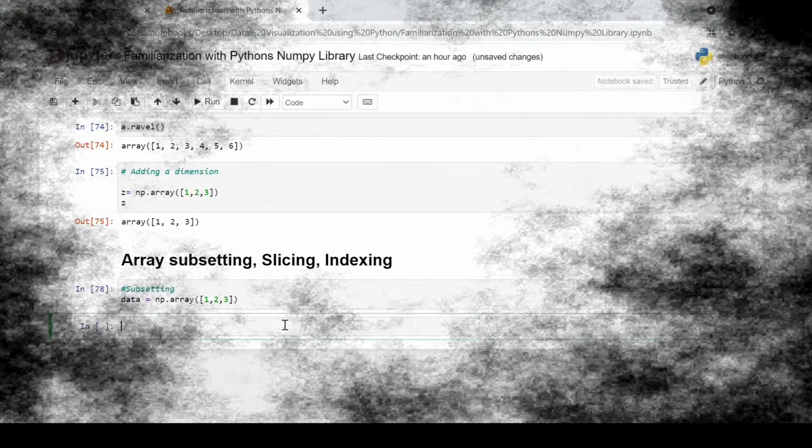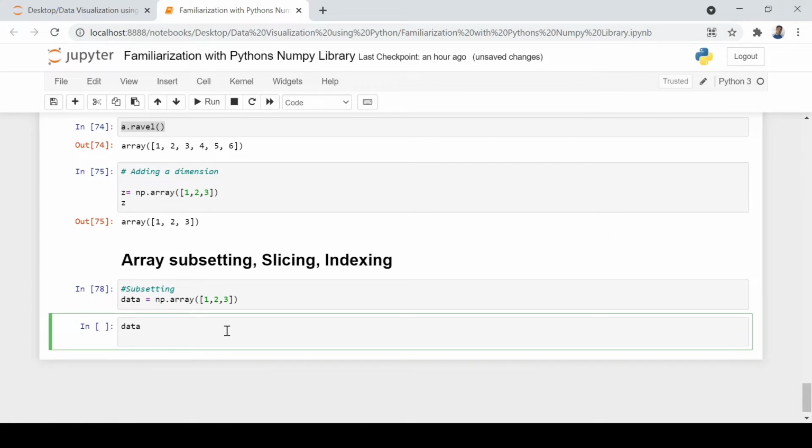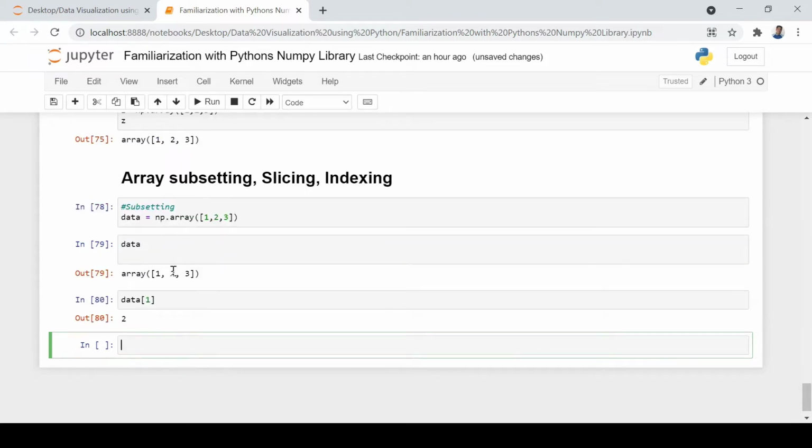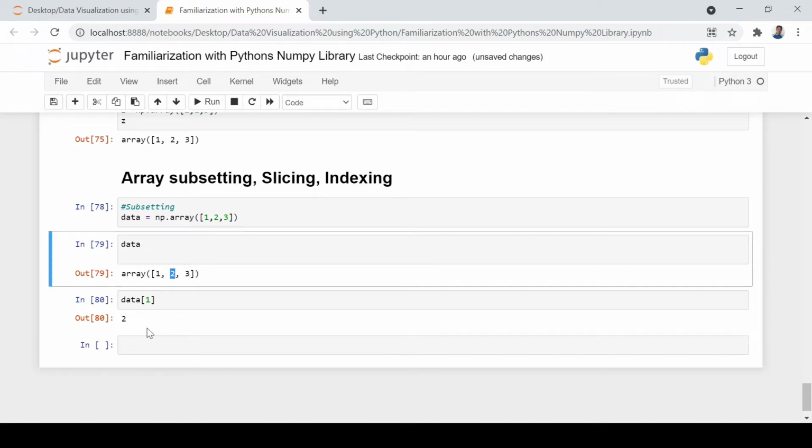example, that array. Okay, now we have a data. Let's enter the value. You can see that this is the data. Now you just want to select the first data of this array, so you just put data. You just provide an index here, and you provide which index. Let's say I want index 1. So this is the second element, 0, 1, 2. So this is your 2. So this index value has just come out.